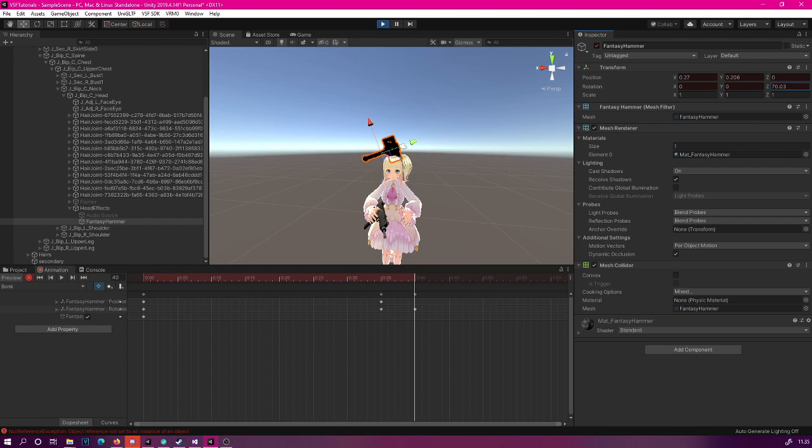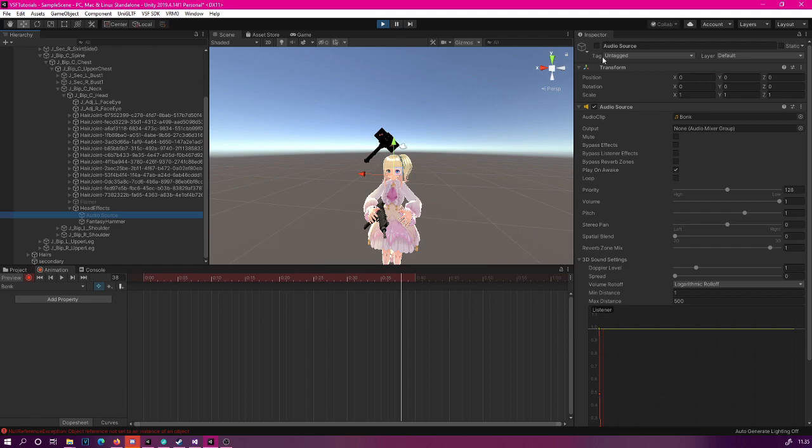And now to play the audio effect, let's move somewhere between these frames. Now this depends entirely on your audio file. It may need to be played a long time before the actual animation part, or it may need to be played at the instant second the hammer hits. You need to try this out with your audio file or edit the audio file if necessary. So for this one, we're now gonna select the audio source and we're gonna make it active, like so.